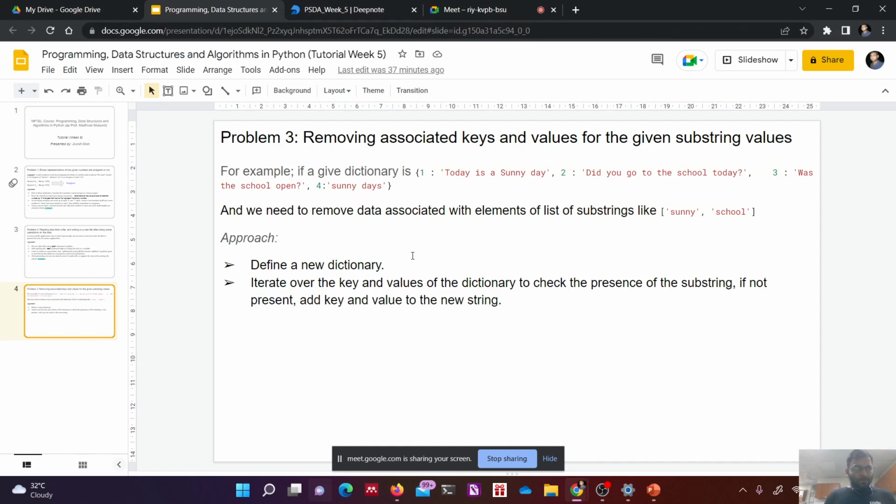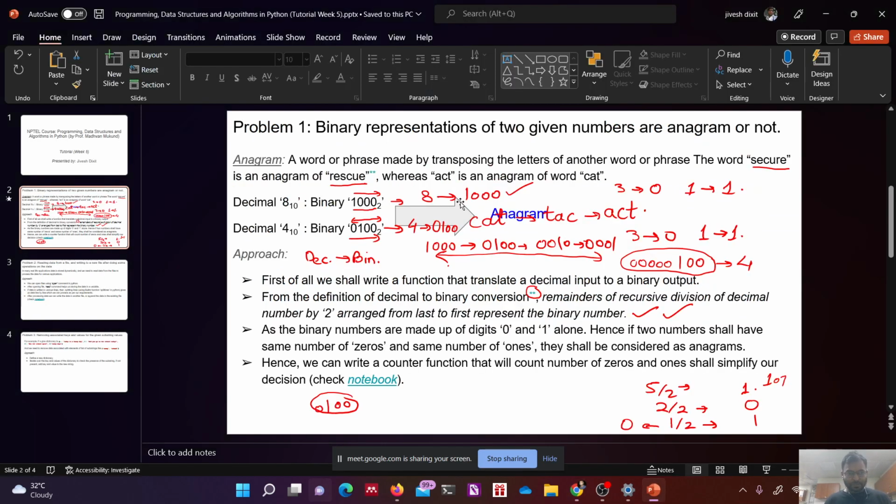So the next problem that we are going to choose today is,